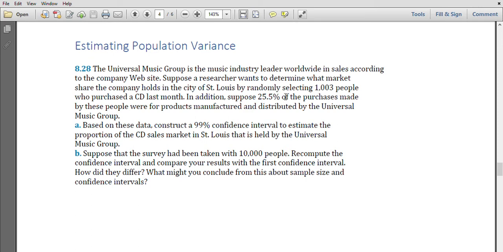We already know this. Next, based on this data, construct a 99% confidence interval to estimate the proportion of the CD sales market in St. Louis that is held by Universal Music Group. Part B is,